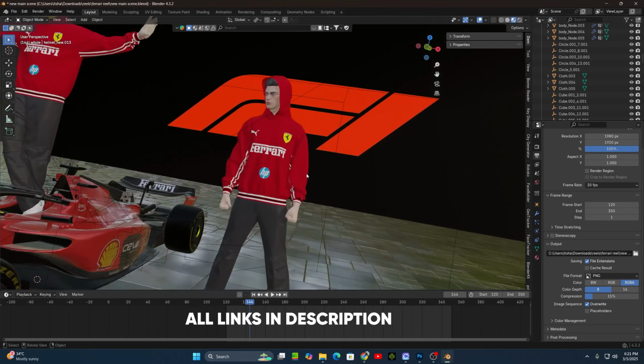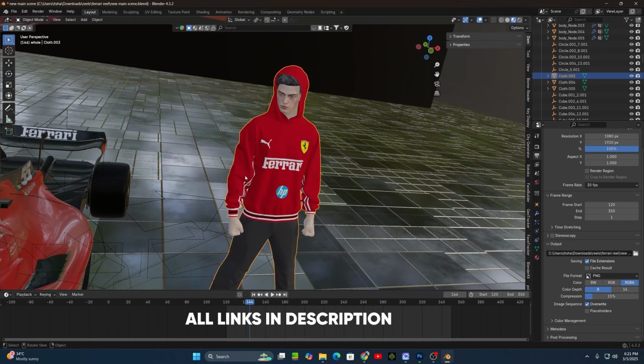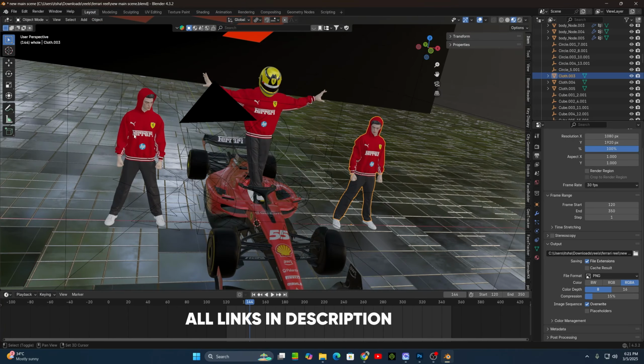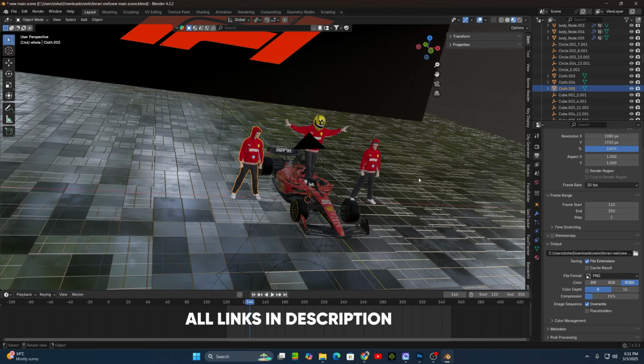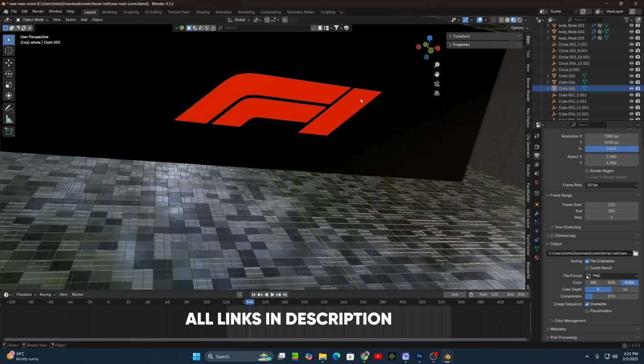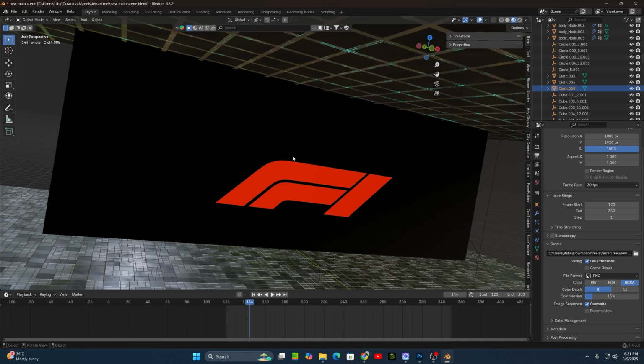And I put two characters here as well. So first character, and I mirrored it with textures mirrored. So I placed them on each side of the car, and then I placed one screen behind it. Let me show you the